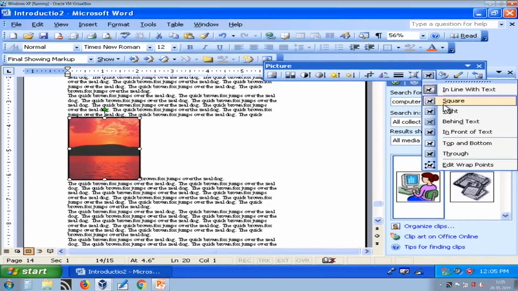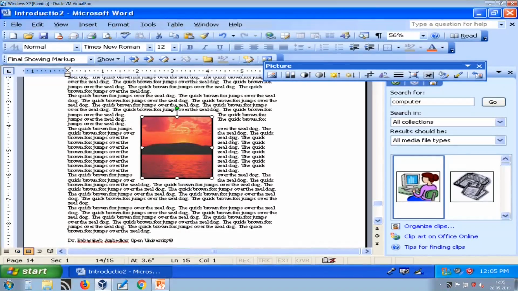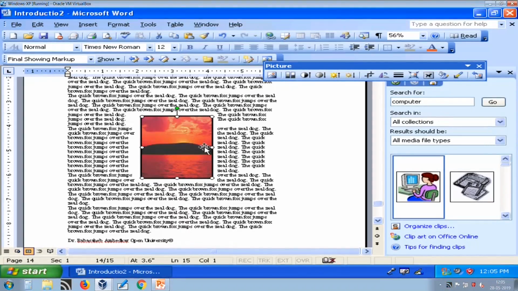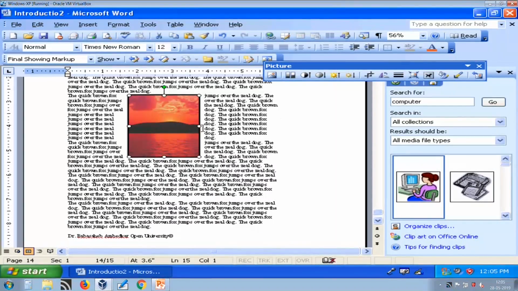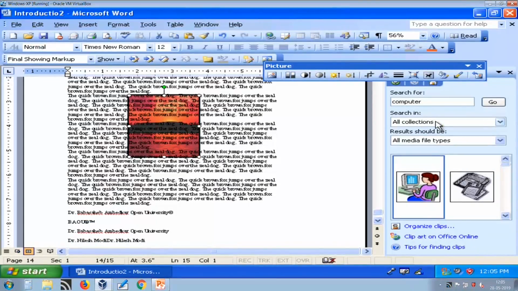Now if I select this square, whenever I move, that square portion is left and text is automatically arranged. Now if I say tight, it will try to fit picture and text together, and if I select behind the text, the picture will be immediately moved back to the text, so that you can read this.